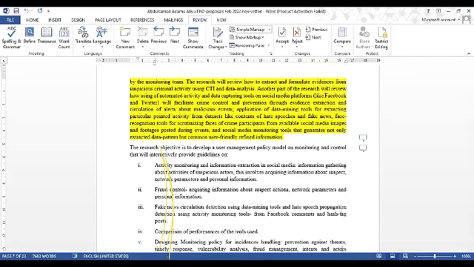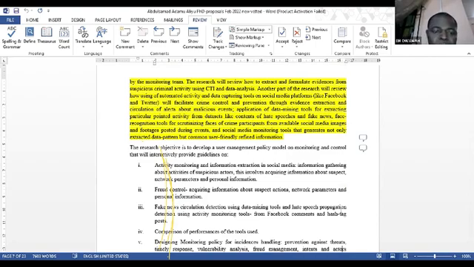Okay. Now, if you look at your objective, it's also poorly written. You say the research objective is to develop a user management policy model on monitoring and control that will interactively provide guidance on, you have only one aim. Because every other thing you are itemizing are subsets of the aim you have given to us. How can you now do a PhD thesis? How can you now do a master's degree research with only one aim? The minimum is 3. The maximum is 6.